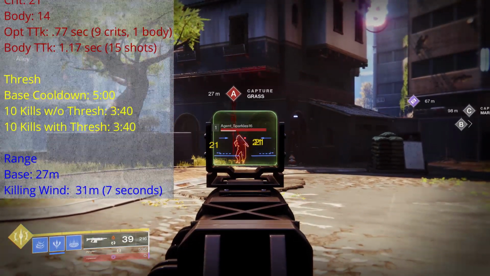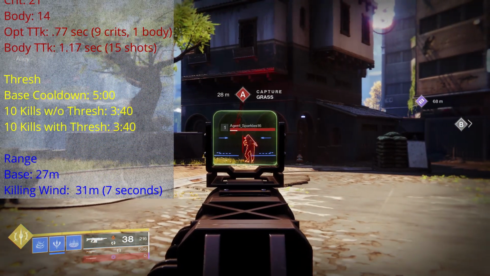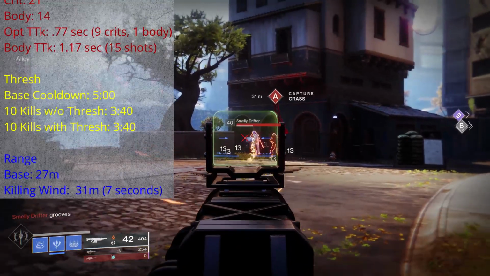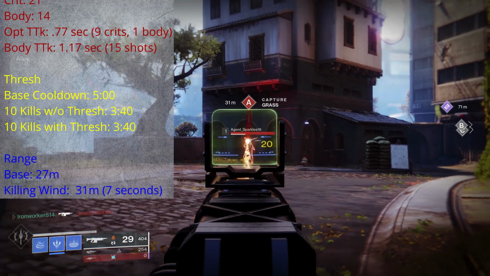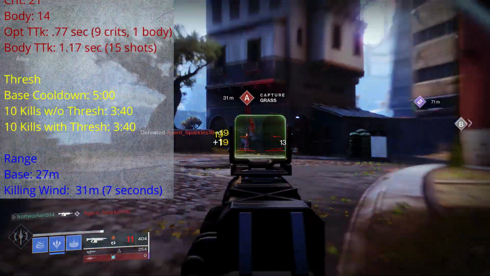For the optimal range on this Arctic Haze, we will be hitting for full damage from 27 meters in. Past 27 meters, we do see damage fall off. With Killing Wind though, not only do we see the passive benefits for 7 seconds after a kill, but we are able to stretch our range a little bit. Now hitting for full damage from up to 31 meters away, but do keep in mind Killing Wind will expire